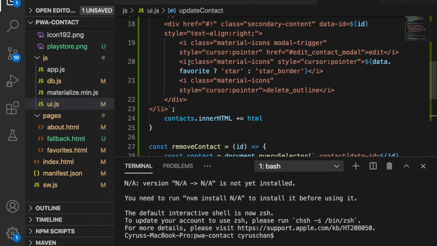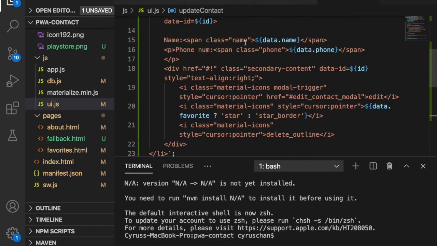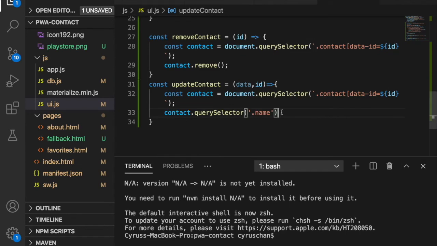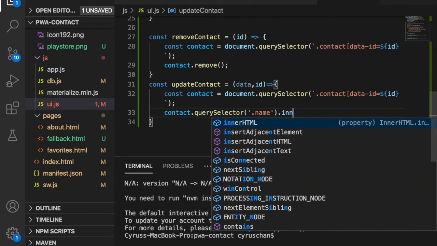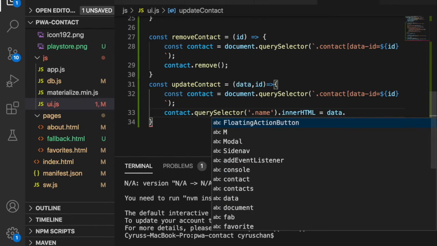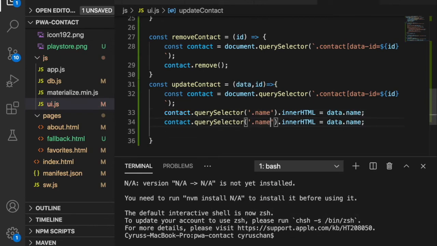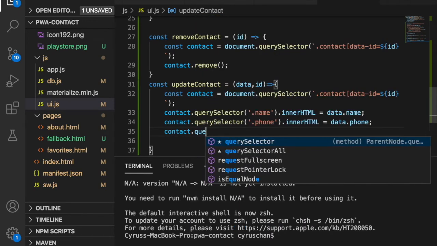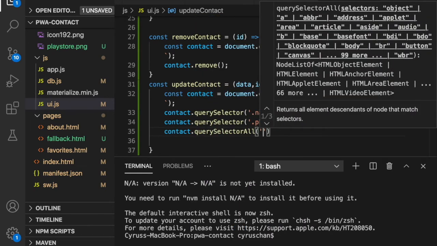If you remember, we have the class of name and class of phone, and then we use .innerHTML equal to data.name, and then we also need to change the phone, which is data.phone,